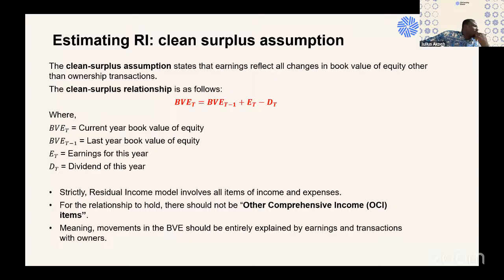So the return on equity is calculated classically, and as a matter of practice, return on equity is calculated using the profit after tax. So profit after tax divided by total equity. But that is mostly wrong for the purpose of the residual income. So the whole idea is that because the other comprehensive income items don't flow through P&L, or are not part of the profit and loss account, they get to be missing out